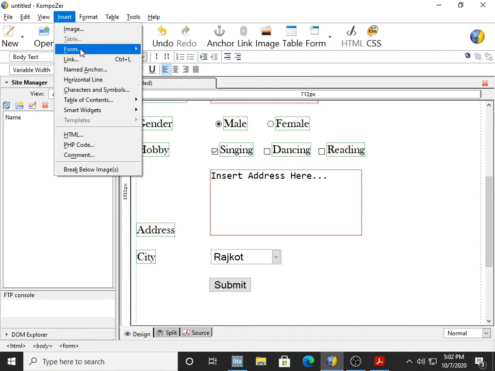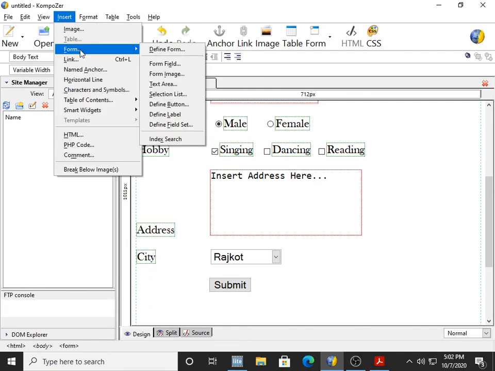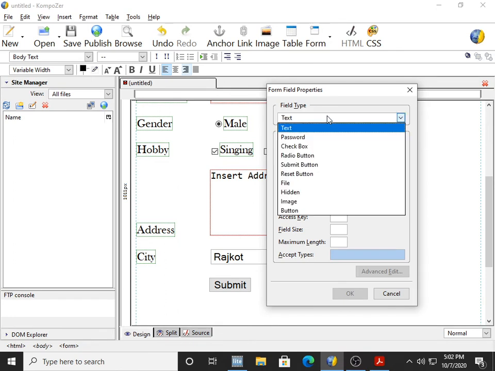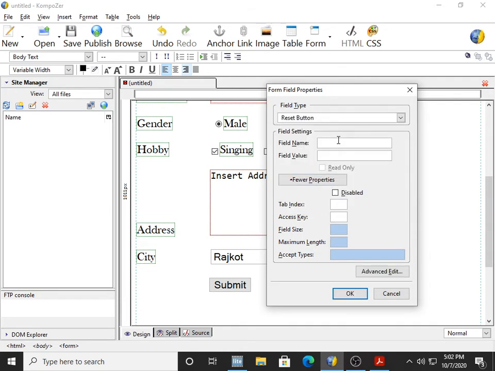Insert, form, field, and then here instead of submit we have to select reset button. In field name and field value we will write reset, and OK.